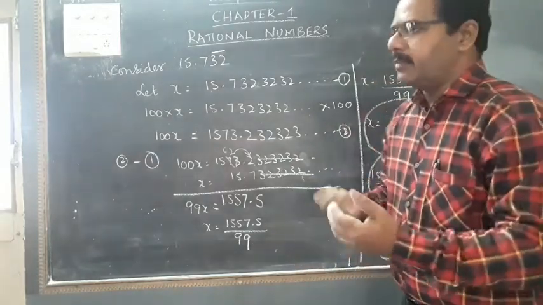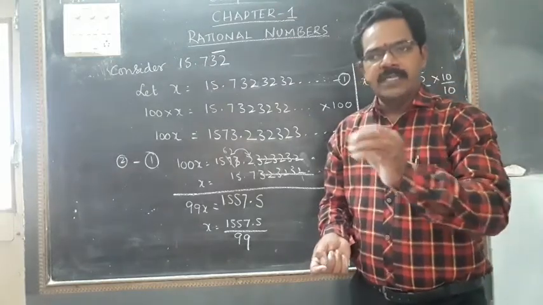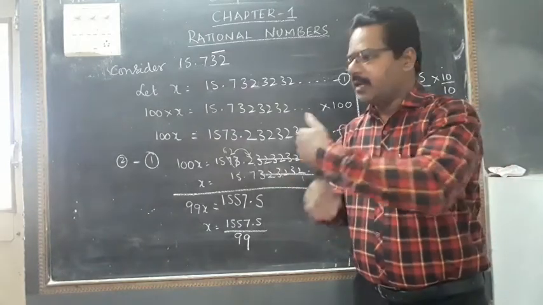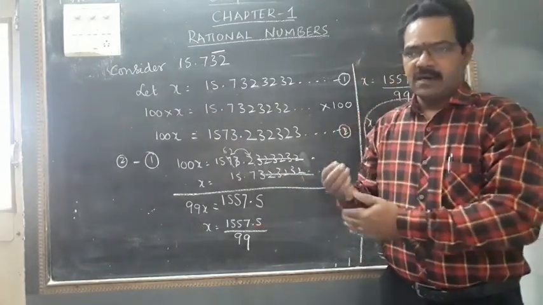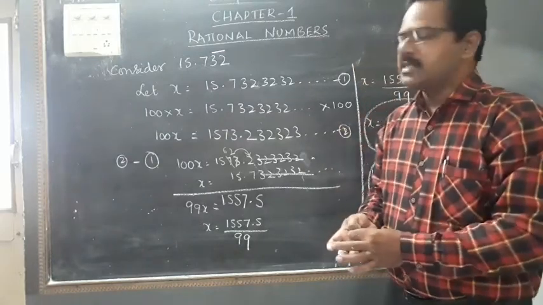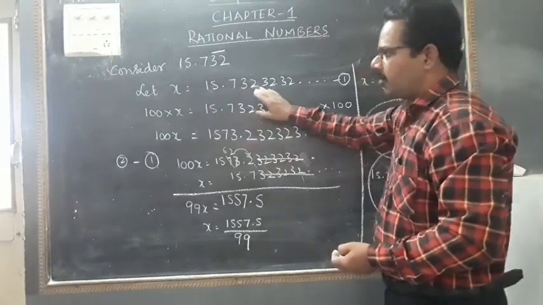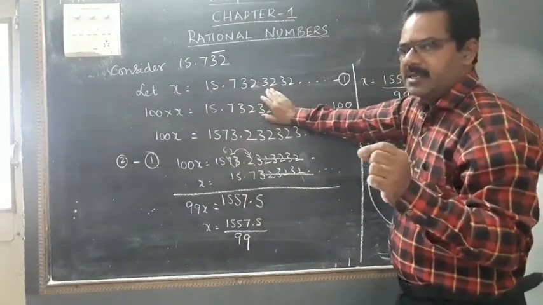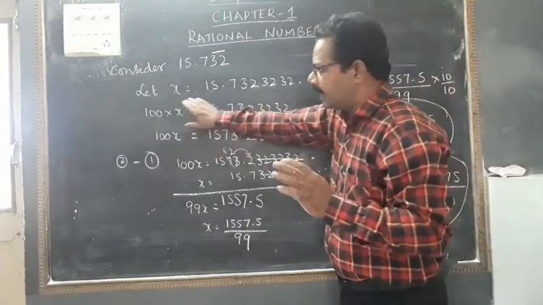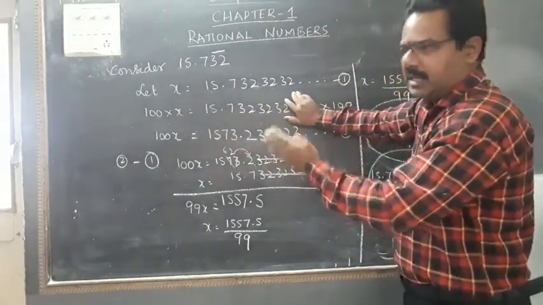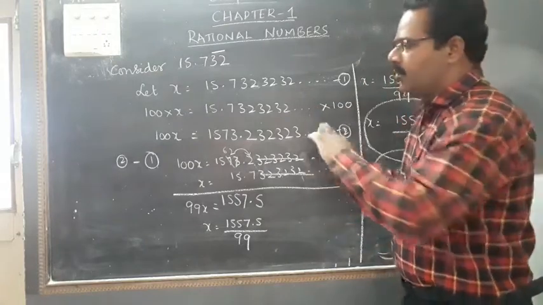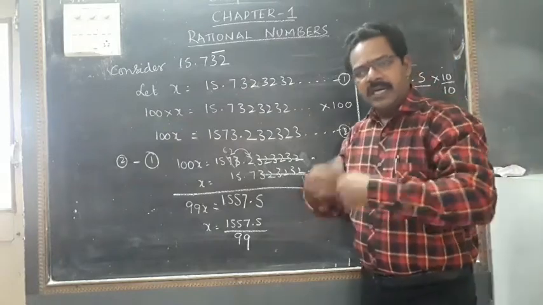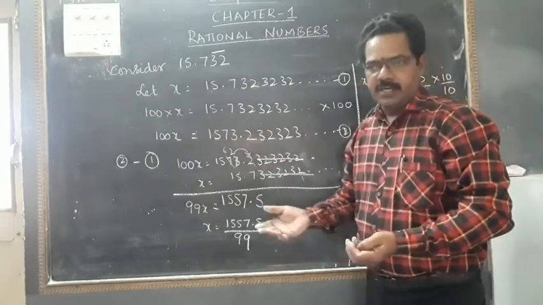Okay. Terminating decimal means directly we can do it: how many digits are there after the decimal, depending on the digits, we can multiply and divide with 10 or 100 or 1000 like that. But if it is a non-terminating repeating decimal, what we have to do is see how many digits are repeating. Depending on its periodicity, we multiply both sides of the entire equation with that number. If 2 digits are repeating, we multiply with 100. If 1 digit is repeating, we multiply with 10. If 3 digits are repeating, we multiply with 1000 like that.